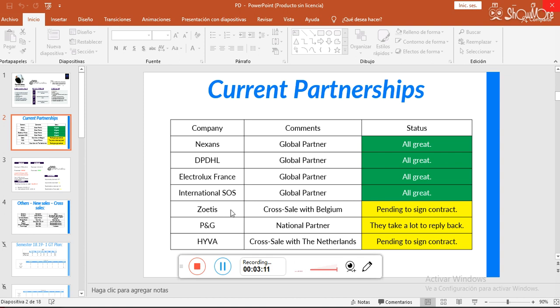For Zoetis, right now, you will see it in the next part of the pre-planning, we signed the contract, we have everything. We're just on the part of shortlisting and getting profiles and everything. For PNG, we're having a lot of problems with them because they take a long time to reply, and they are super specific on the profiles they want. And the problem is that